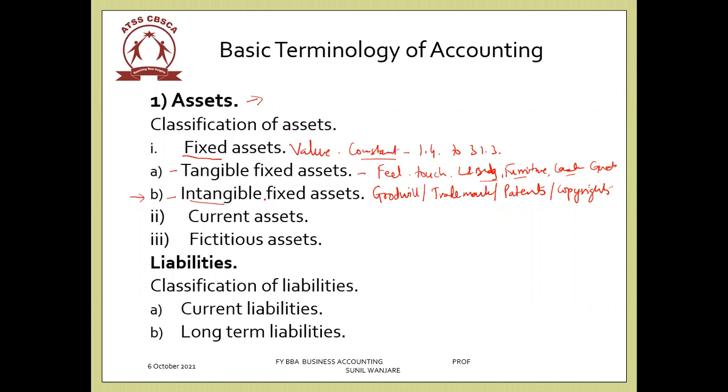So intangible fixed assets are those assets which we cannot touch, but which have a life and a value, and from which we can derive money and income. What is goodwill? Goodwill is the name and fame of the company. Because of the name and fame of the company, you are able to attract more customers and new employees in the organization. Like we talk about Tata Motors, Volkswagen, Wipro, Infosys. These are very good brand names in the whole economy.